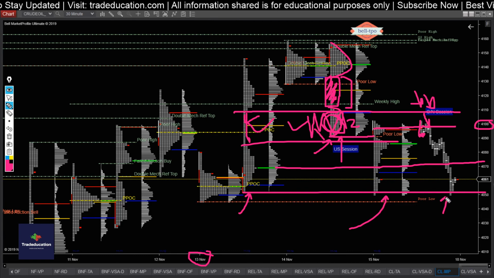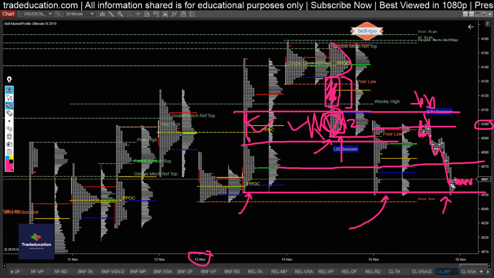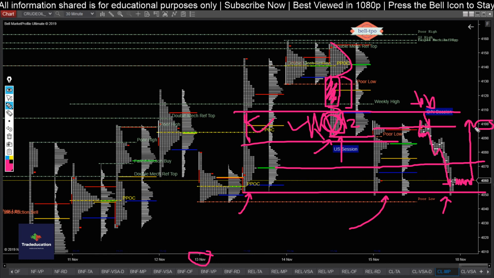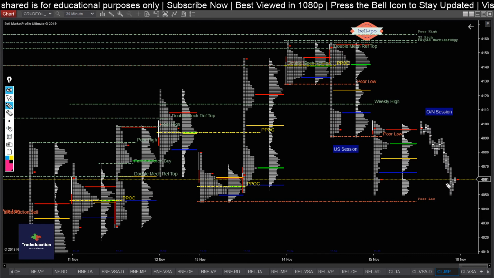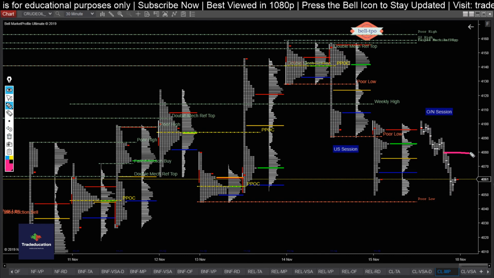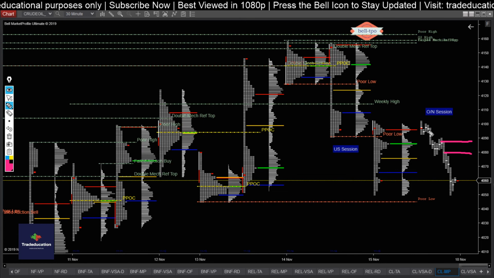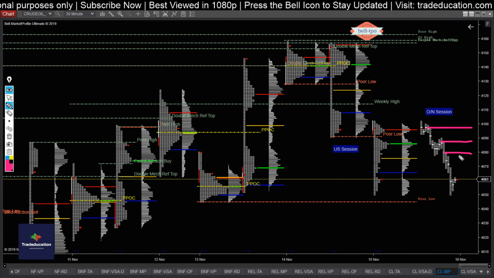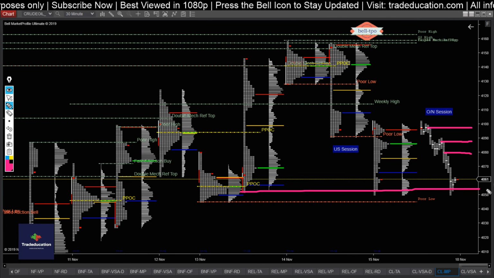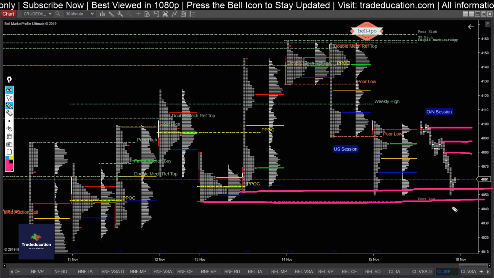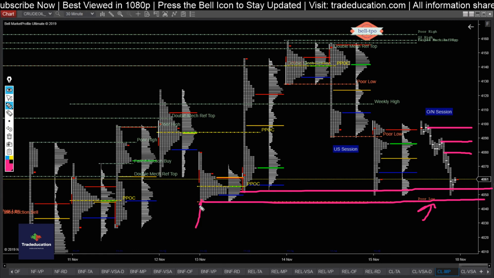Now we need to see how the auction is. If it is spending more time here, then overall the inventory is pretty short. We'll be seeing a sort of balancing, and then clearing of this short inventory, because there are multiple weaker intraday references. There is this halfback level, this halfback level, and this halfback level, so there are three halfback levels. This low and this low are pretty close by. Also we have a poor low here.